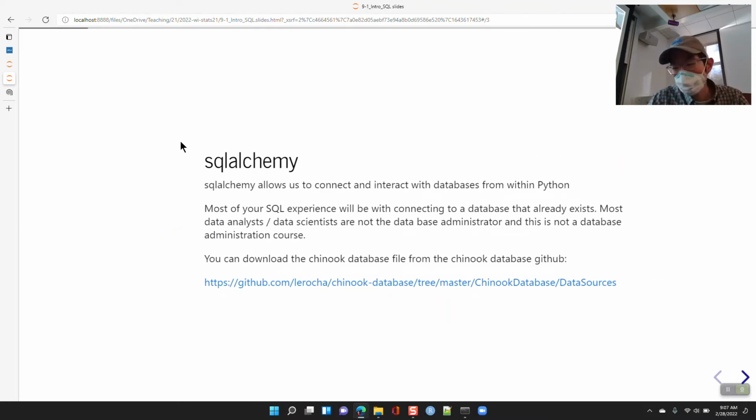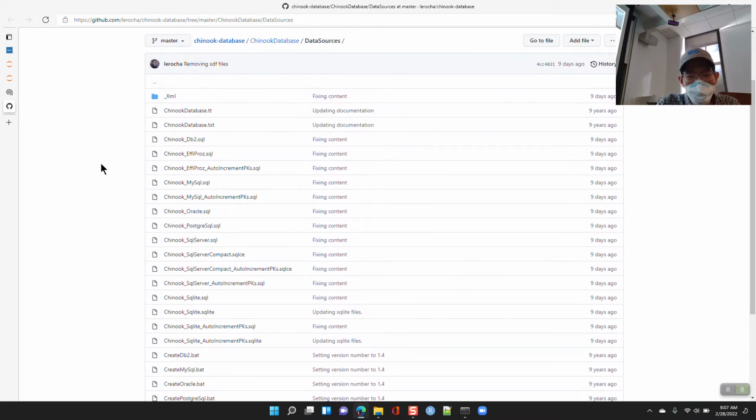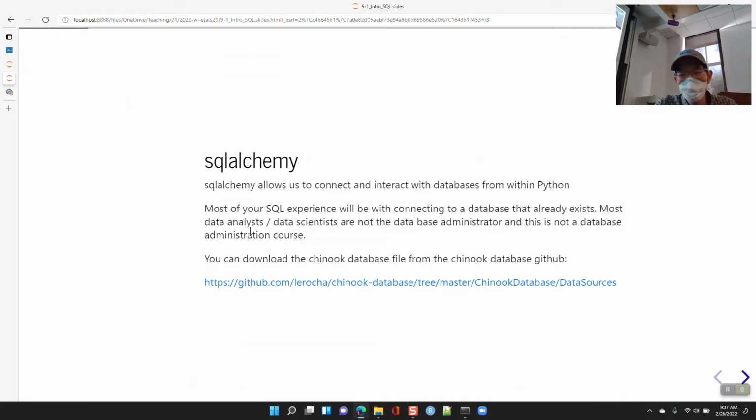What we're going to look at today is a database called the Chinook Database, Chinook, kind of like the helicopter, and I think it comes from a word meaning north wind. There's an old database called the Northwind database that it was based off of. Okay. Anyway, we'll use a package called SQLAlchemy that allows us to connect to these